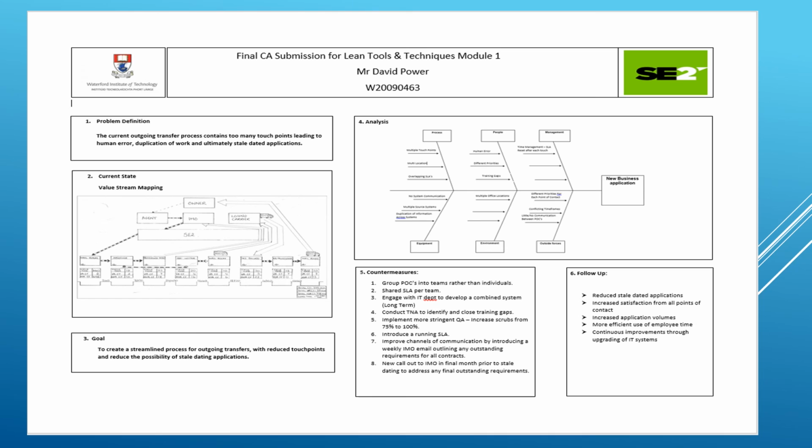Our goals were to create a streamlined process to reduce the touch points within this process. We looked to analyze where our errors were, where our potential for errors were, and then we looked at our countermeasures. We have also had a follow-up, and we wish to reduce the stale dated applications. We've introduced the